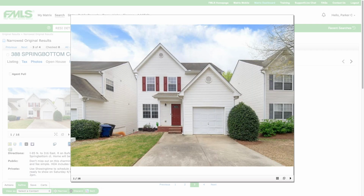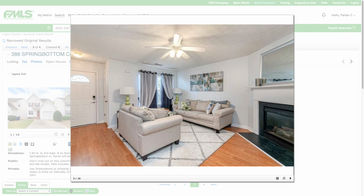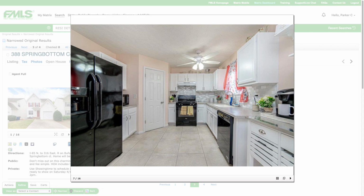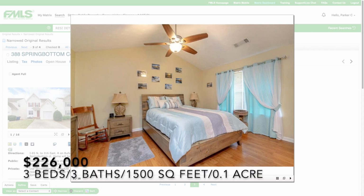Let's take a look at a couple of recently sold houses in Lawrenceville. So for Lawrenceville under $250,000, you essentially have two basic choices. The first choice is you can get a newer build home that's around 15 to 20 years old. It's going to be around a 3-bedroom, 2-bath house, about 1,500 square feet on a small lot. This is a good example here. This is a 3-bedroom, 3-bath house, 1,500 square feet. This just sold for